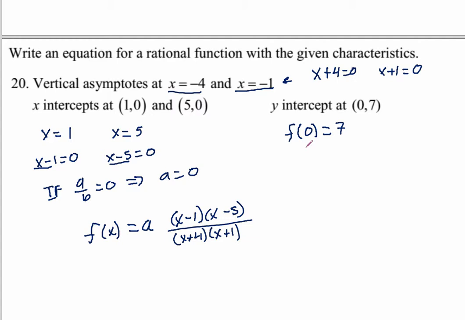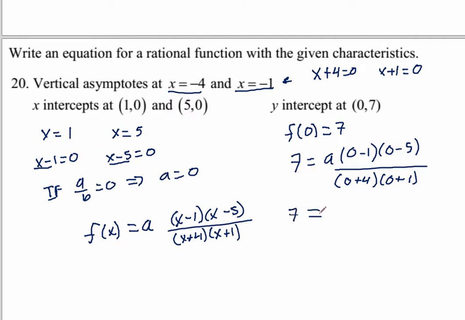The only thing I need left to do here is figure out what that value of a is, and I get that by using my y-intercept, if I plug in those numbers. So I know that f of 0 is equal to 7. That tells me that 7 has got to be equal to a times 0 minus 1 times 0 minus 5, divided by 0 plus 4 times 0 plus 1. So 7 is equal to what? Well, in the numerator you've got 5. There's an a in there too, excuse me, I forgot that. The numerator gets a times 5, and the denominator I get 4. Yeah, negative 1 times a negative 5 gives me a positive 5, and a positive 4 times a positive 1 gives me 4. So that tells me that 4/5 times 7 is going to give me back my value of a,